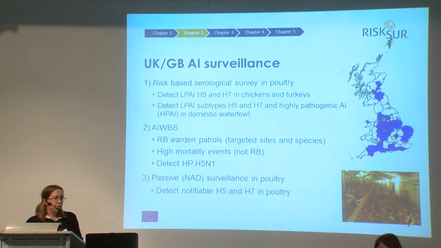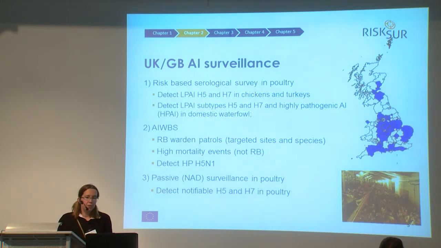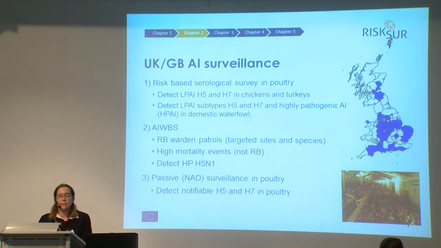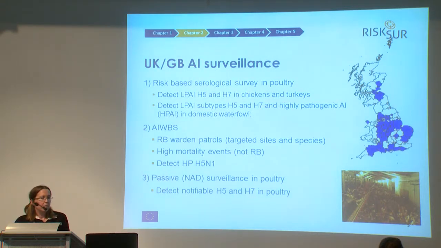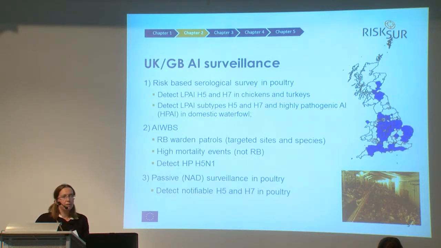The second area we do surveillance is the avian influenza wild bird survey. There are 2 components to this. The first is a risk-based patrol of wetland sites and wild bird reserves carried out by the wardens. And they look for dead birds, and then we'll submit those. The second is reporting of high mortality events, so where 5 or more dead birds are found anywhere in the UK by the public or wardens. They have to be submitted, and the idea there is to detect high-path H5N1 in order to inform our risk